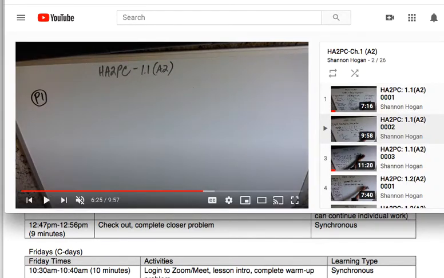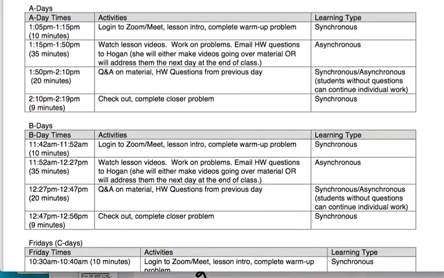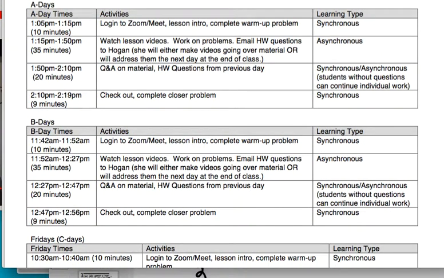So I would suggest that you take notes whatever way you would normally have taken notes in class, right? If you're a notebook person, great. If you're a binder person, great. It doesn't matter to me. If you're somebody who likes to write on a tablet, if you have an iPad that you can write on, good for you, right? I don't care what works for you, but you should take notes the same way that you would have taken in a class.